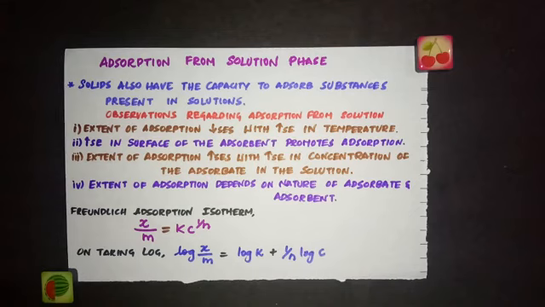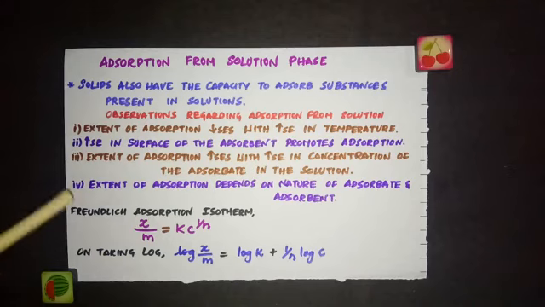This is what people believe, which means the liquids from the solution is forming a unimolecular layer on the solid surface. You can apply Freundlich adsorption isotherm to this adsorption from the solution phase, and it is applicable approximately. The effect of temperature is also similar, just like effect of temperature on the adsorption of gas on the solid.